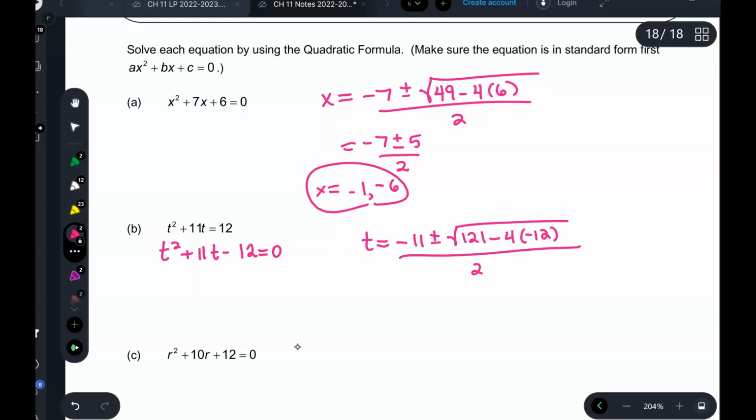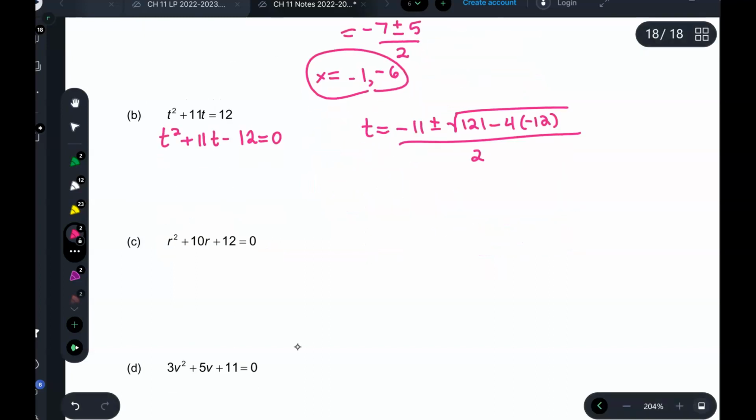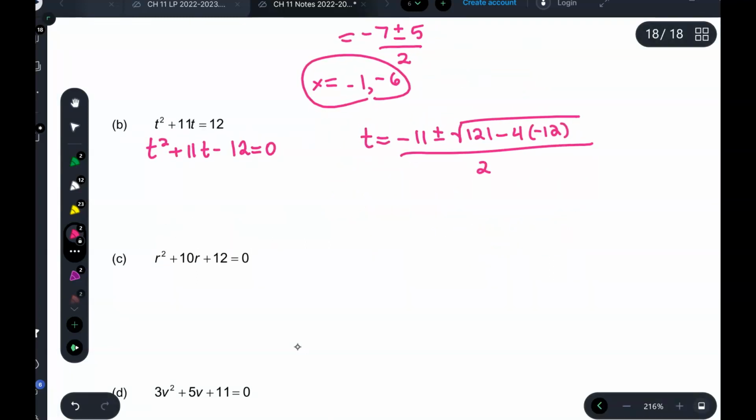Where did you get negative 1? For the previous problem. Because negative 7 plus 5 is negative 2. So then why is it negative 1? Negative 2 divided by 2 is negative 1. Okay, so t equals,